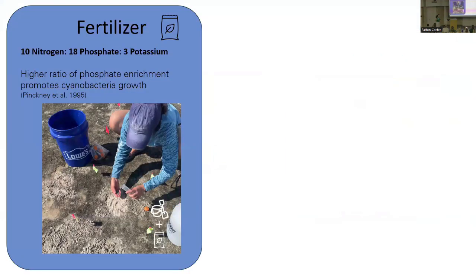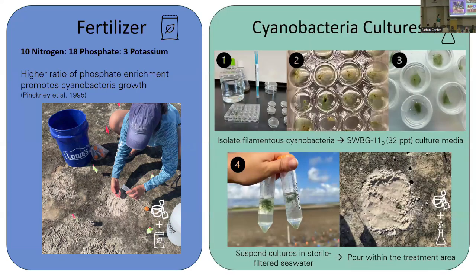Specifically, I chose a fertilizer that had a higher ratio of phosphate to nitrogen because previous studies have shown that greater levels of phosphate enrichment can promote cyanobacteria growth in intertidal microbial mats. My cyanobacteria culture treatment was a little bit more intensive, but essentially I isolated those filamentous cyanobacteria from mats that